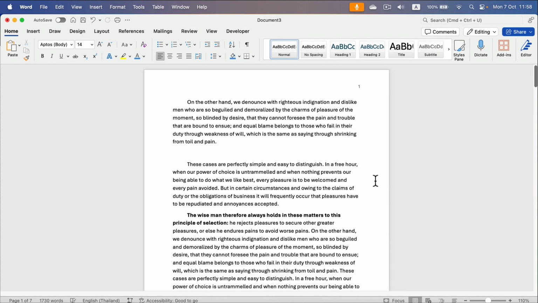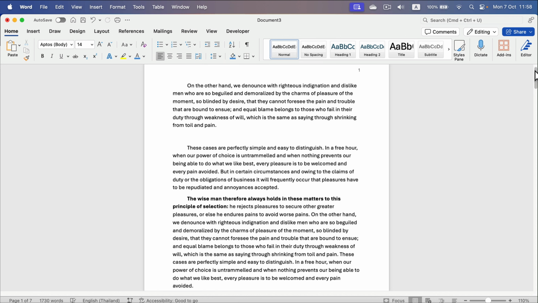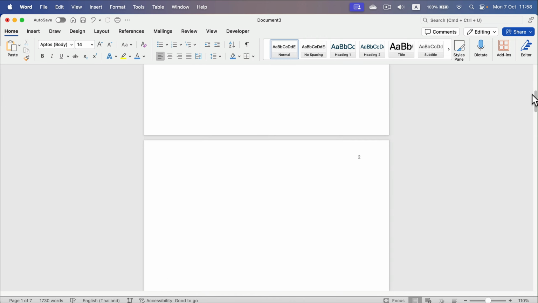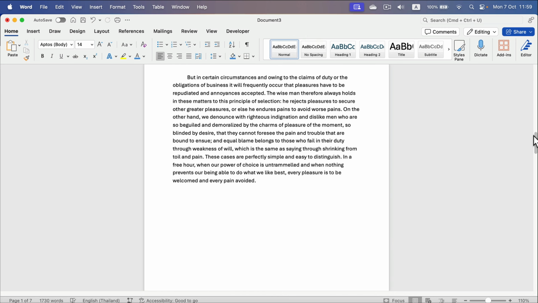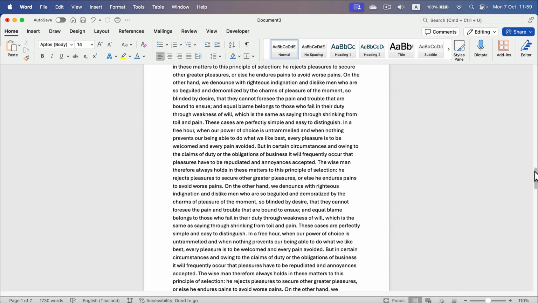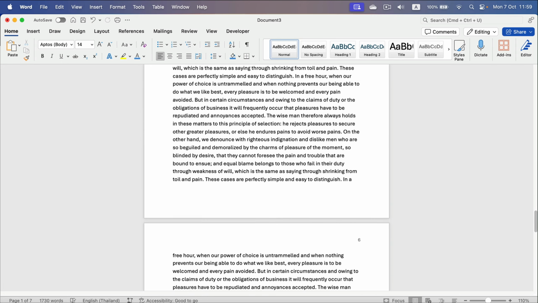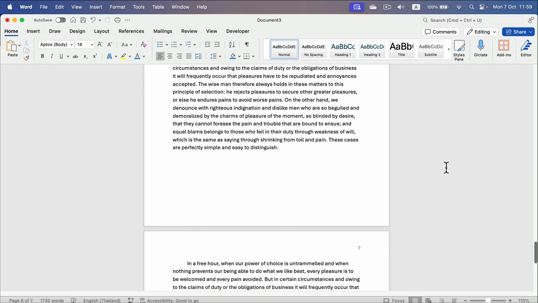Let me show you how we can remove unwanted pages from our Microsoft Word documents. So here I am in my document. Let's take a quick look. I got text on page number 1, and then page number 2 is blank for some reason. Then I got text again, half of the page. Then there's a lot of text on page number 4, page number 5, 6, and then there's a little bit